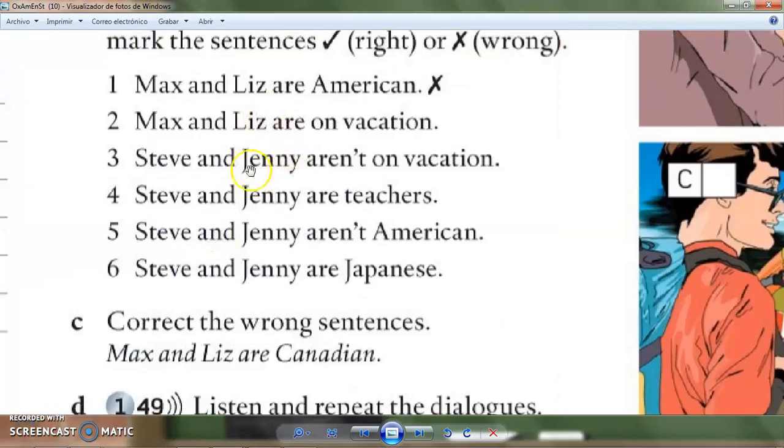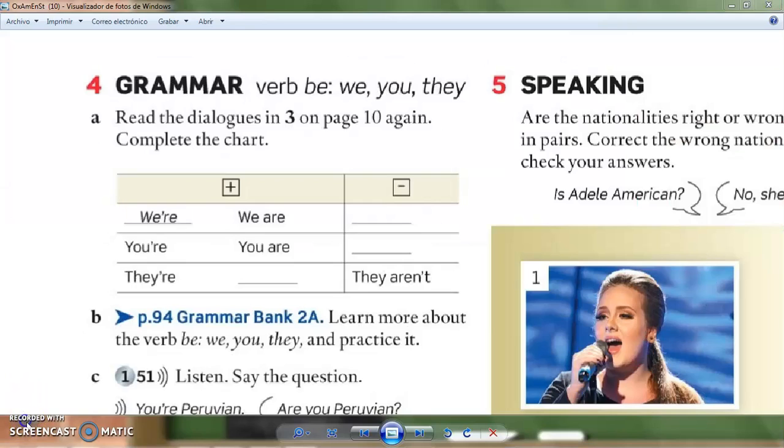You're going to read it and then you're going to come with the correct answer. On page 11, what we did is to complete this little chart. Here we have the positive way to say things. Here we have the negative way. Where, we are. You're, you are. There, what is that contraction for? For which positive way to say it? And here you have the negative way. They aren't. So you need to come with you what? We what? Okay? You need to use the verb to be there.